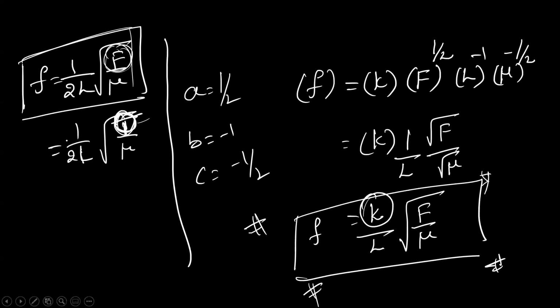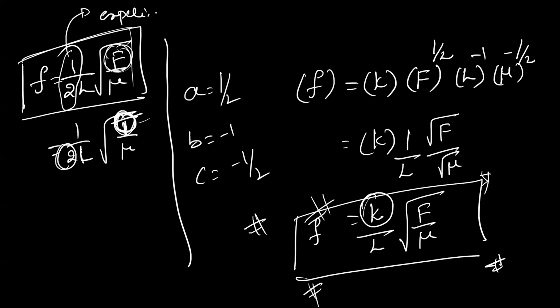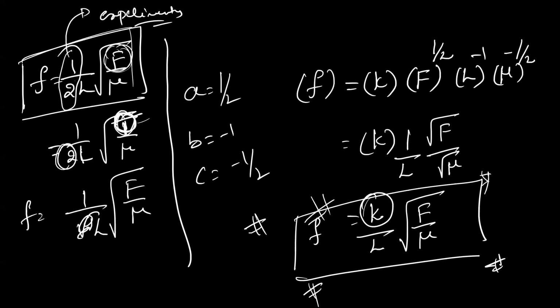But without knowing anything, you could derive it today by using units and dimensions. Yes, sir. This 2 you don't know. That 1 by 2 you will get experimentally only. By using dimensional analysis, you cannot derive that 1 by 2, okay? But you could derive right till 1 by L root over F by mu. Could you derive or not? Yes, sir. It's interesting or not? Tell me. Yes, sir. It is easy only. So any formula which you don't know also you can derive by using this dimensional analysis.